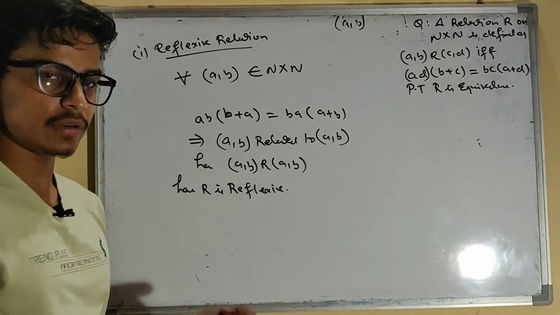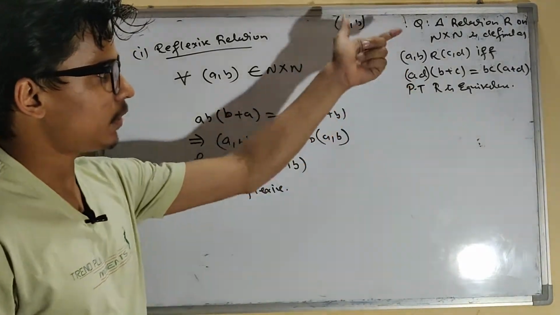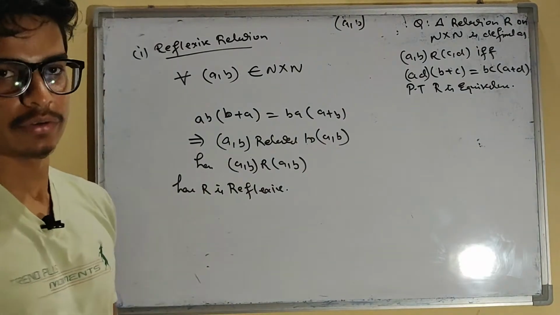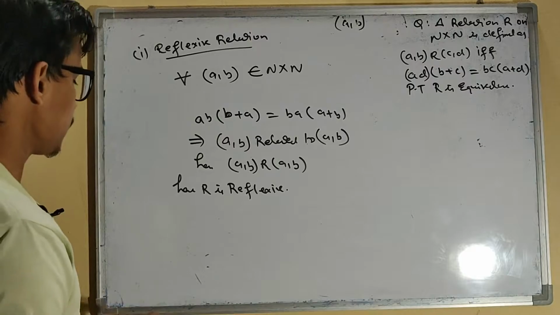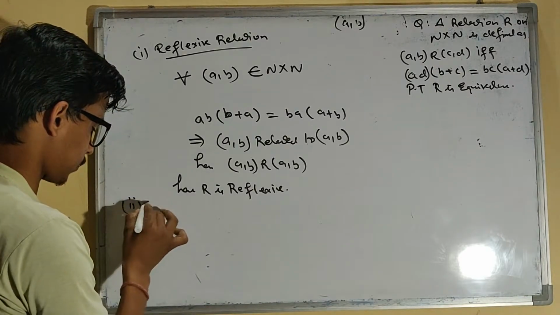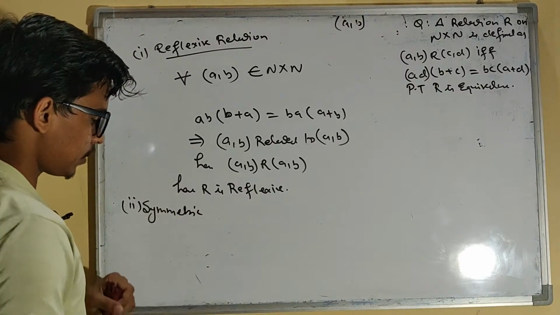Don't worry if you are not getting this. In the next question, I will take some other example on this basis, and it is going to be very clear. Okay, so R is reflexive by this way. And next is symmetric. In symmetric, so